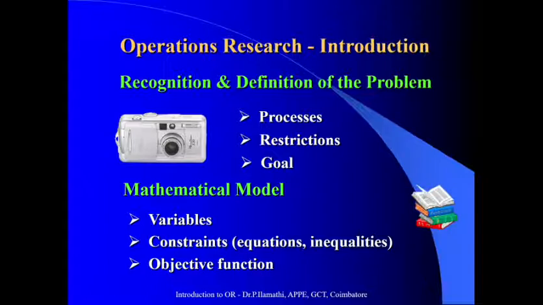And the constraints may be an equation or it may be an inequation. Equation means x plus y is equal to 10. That is an equation. x plus y less than or equal to 10 or greater than or equal to 10 is actually called an inequation. So constraint may be of equation type or inequation type, and we all know that objective function will have only two different forms. One is maximizing the profit, another one is minimizing the loss. So the objective function may be of maximization type or minimization type.